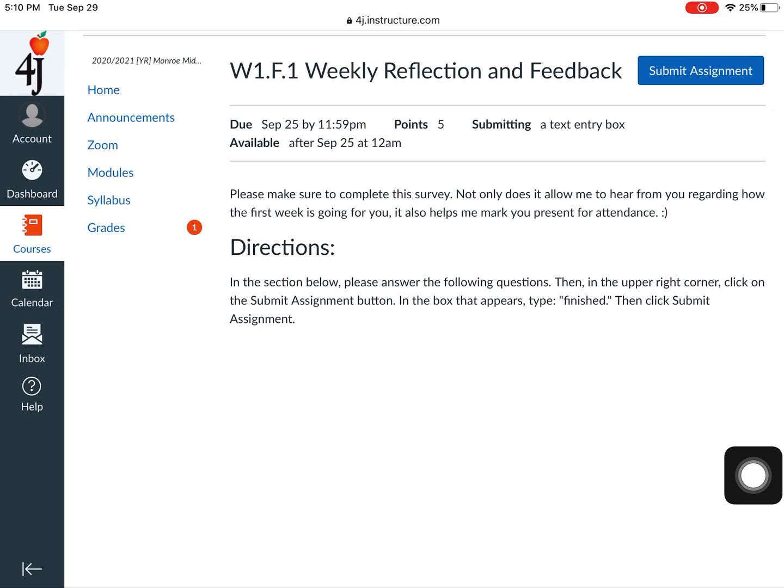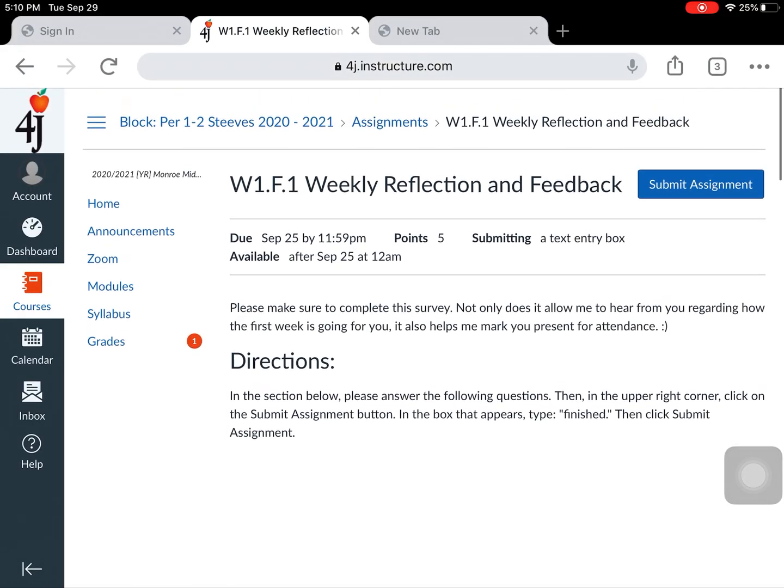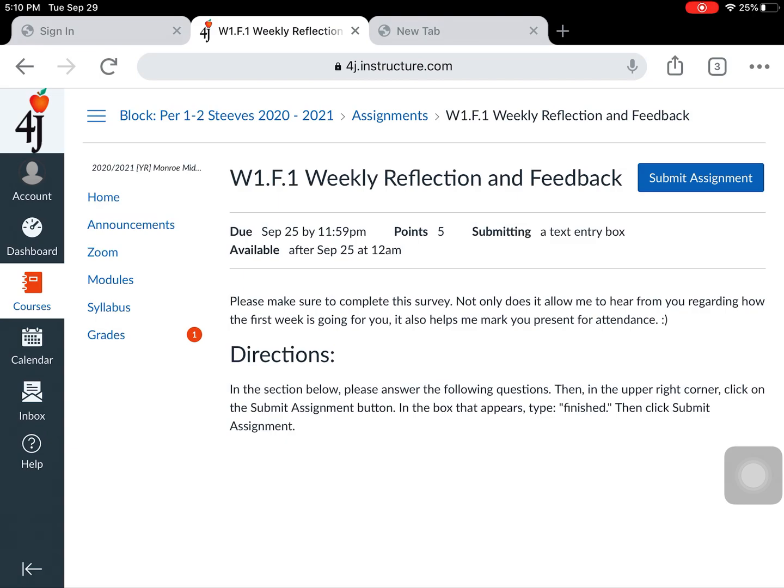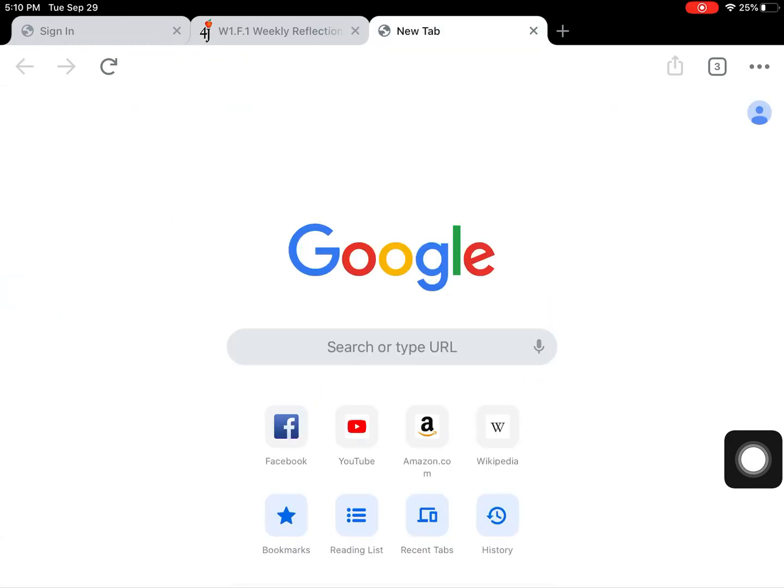If it is white or blank like that, what that means is you're probably not signed in to your Google account in Chrome. And this is all for a Chrome browser. So the thing you need to do is you go up and you open a new tab, and notice if there's a little person here that's not your little emblem, you need to sign in. So you hold your finger down on that, you click it open to sign in,